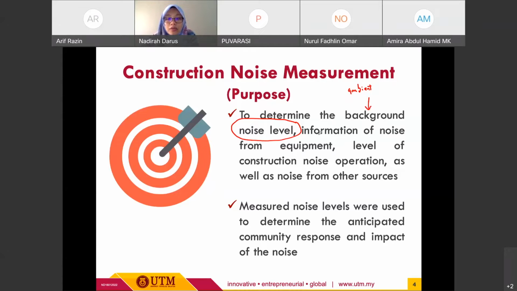Usually the noise measurement for each individual equipment, we conduct beforehand based on the guidelines and also based on actual practice or experience. Okay, let's say we have one equipment, an excavator or any related plant and machineries on site,